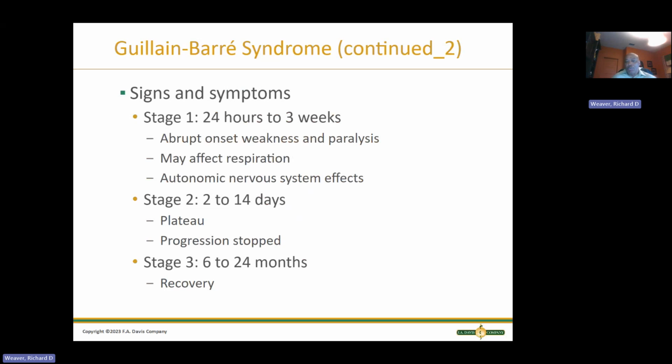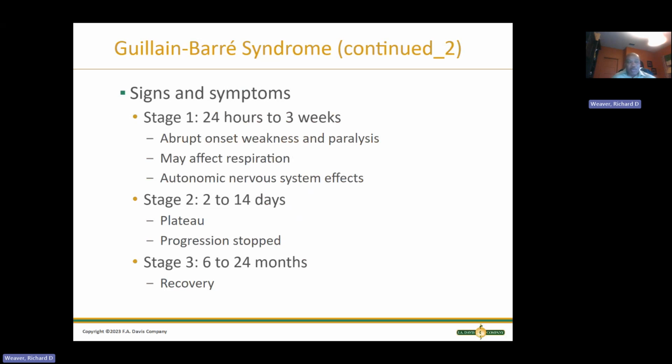Now, stage two is what we call the plateau stage. The second stage is when symptoms are most severe, but the progression has now stopped. It's no longer getting worse. It can last from 2 to 14 days, and the patient may become discouraged if no improvement is evident. And the last